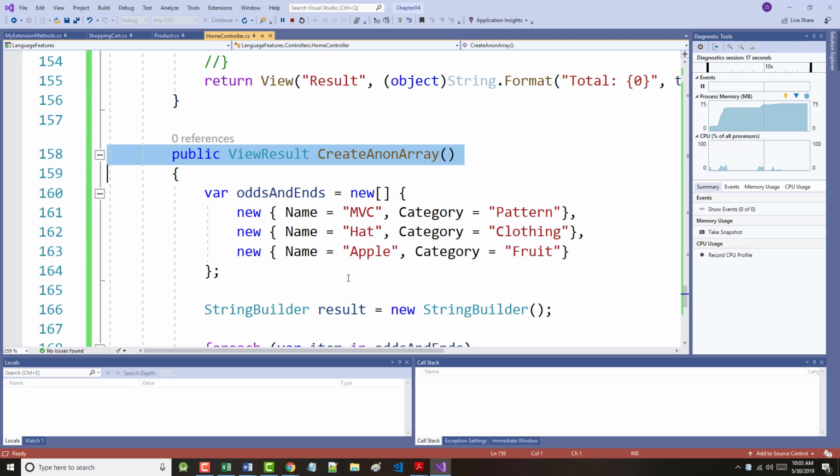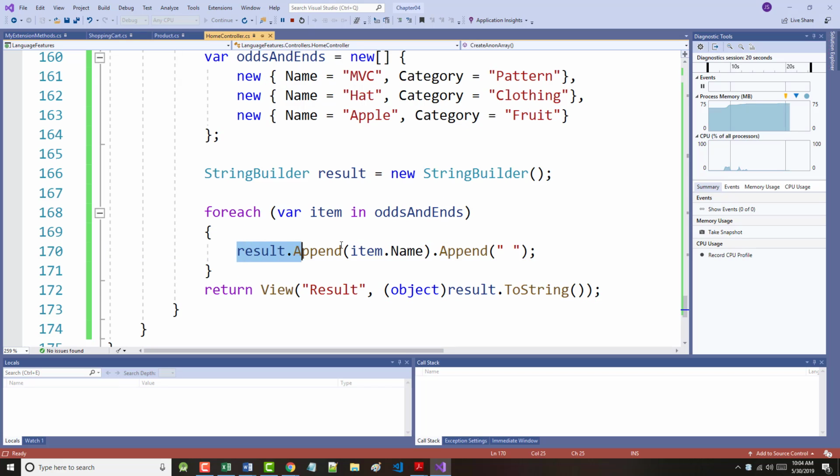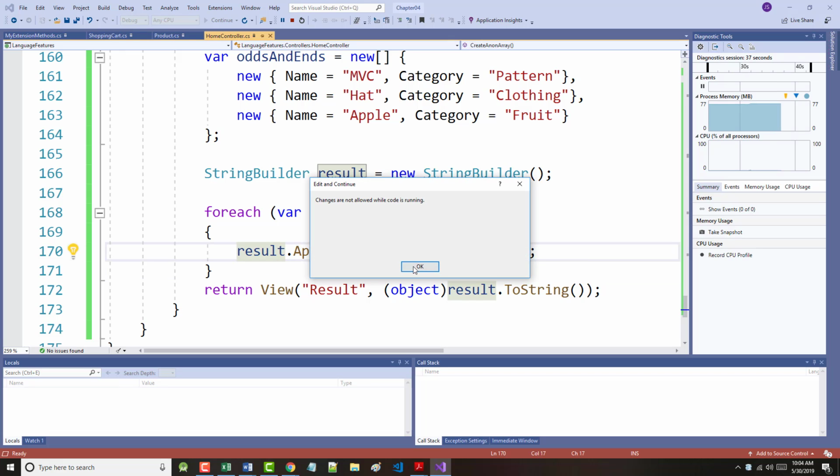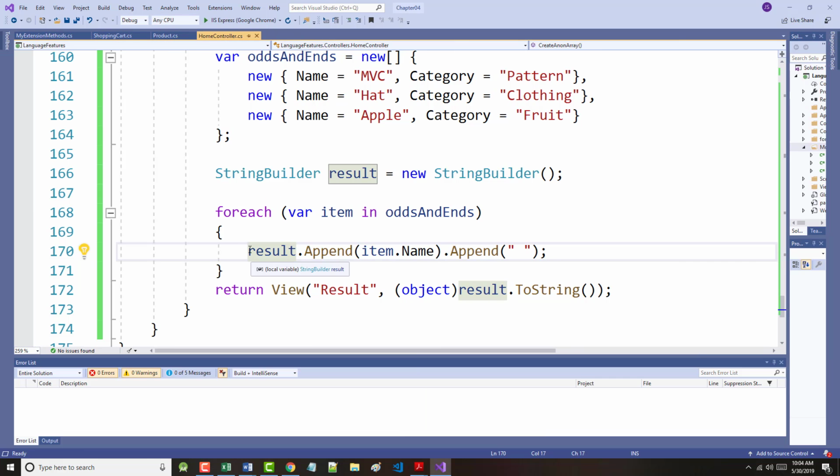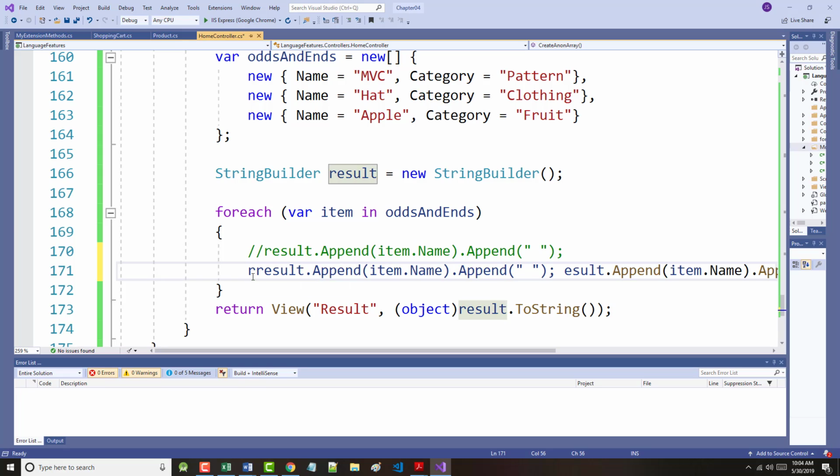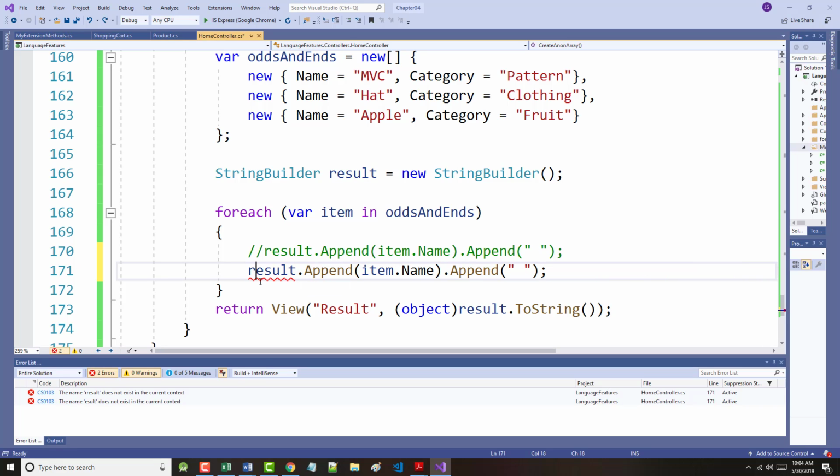Now, it wouldn't take a lot of work to change this around so we could append the name and the category and then a space, etc. So we could do this in a lot of different ways. All right. In fact, just for the heck of it, I'm going to take this line right here and comment it out, and then I'm going to reproduce it right below here. Why? Just because sometimes I like to be a little different. Okay. So there it is. So I'm going to append to the item name a space,